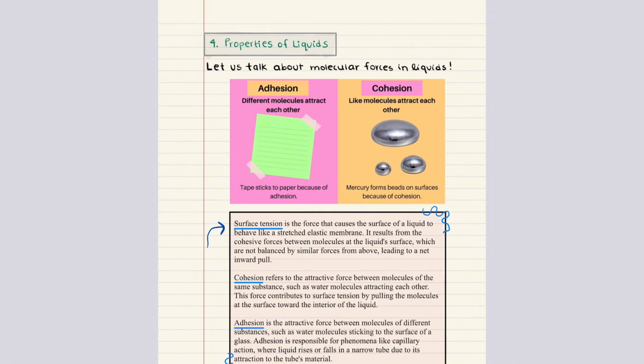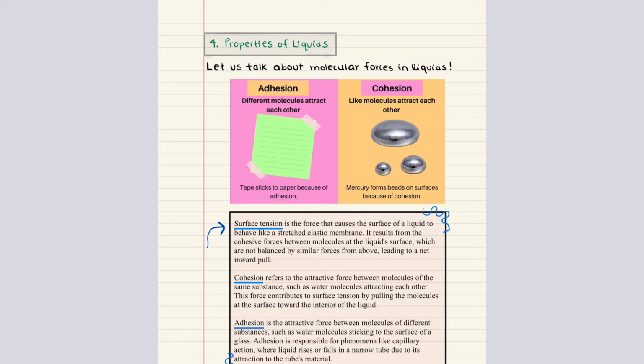This is a fundamental property of liquids, and it is defined as the energy required to increase the surface area of a liquid by a unit amount. This phenomenon occurs because molecules at the surface of a liquid experience fewer intermolecular forces than those in the interior. Inside the liquid, molecules are surrounded by others on all sides, and this leads to balanced forces and lower potential energy. In contrast, the surface molecules are only partially surrounded, so they experience a net inward pull from the molecules